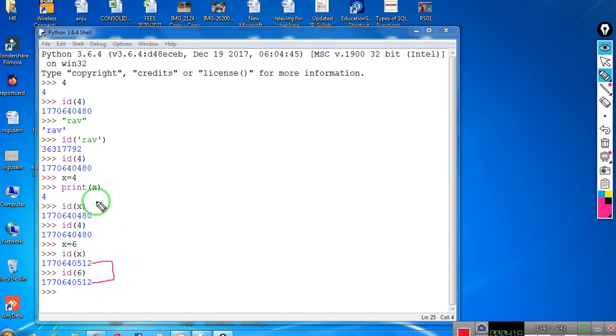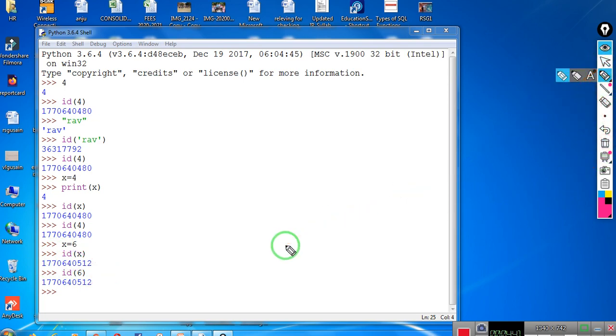Earlier x was referring to the memory location of 4, therefore it was displaying the memory address of 4. But now x is referring to the memory location of 6, therefore it is displaying the memory location of the value 6. So I hope this is clear to you.